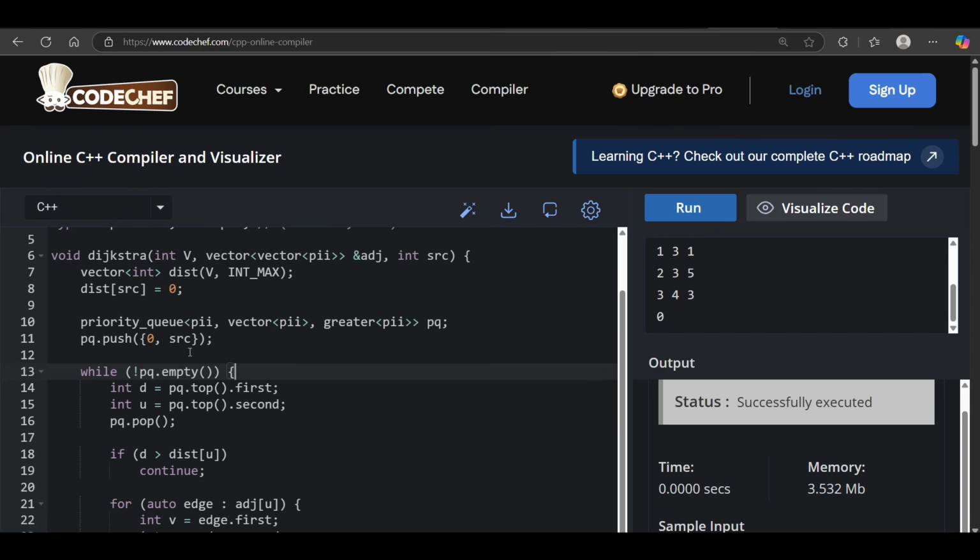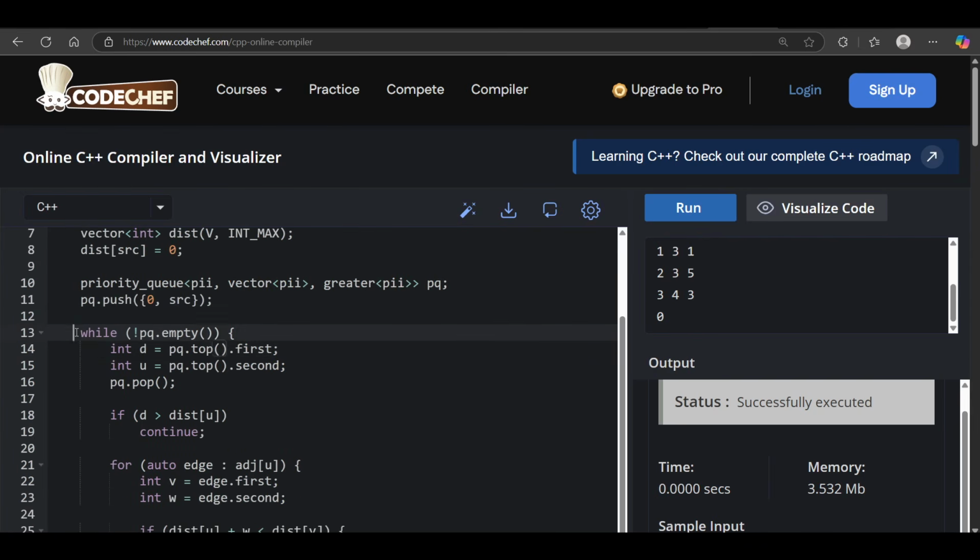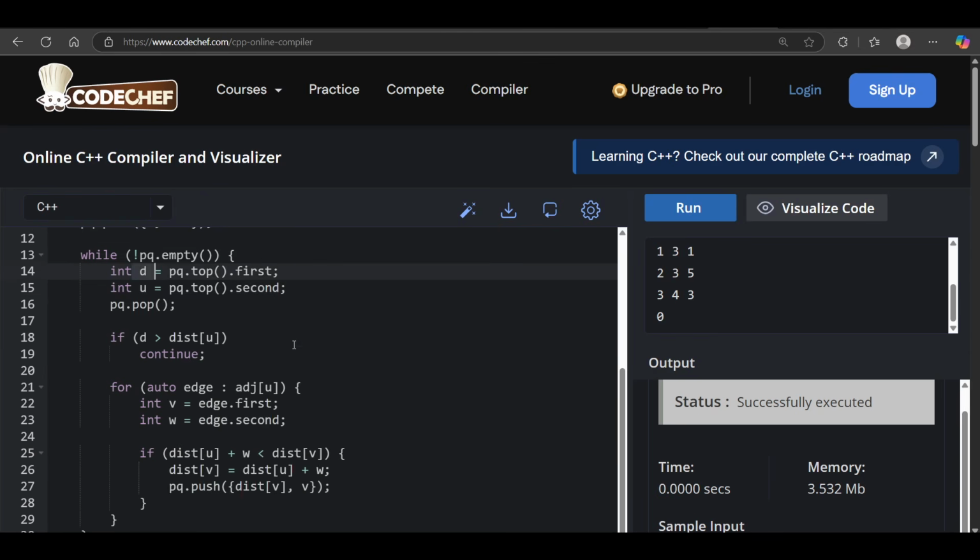Okay, so that's why we have created the priority queue or min heap, because we want to always go with the shortest path. Then we are pushing the source node here, so distance is 0 and the source node is src. Then, till our priority queue is not empty, that means we will go through edges to edges. Till then we will be running our loops. So first we extract the distance d, which is the first one, and the source node we are storing in u, and the distance we are storing in d.